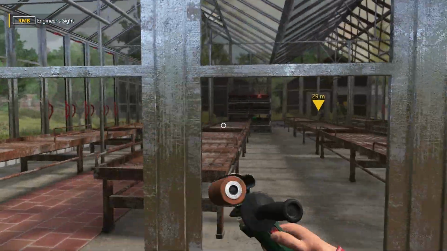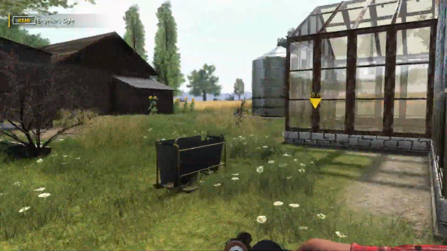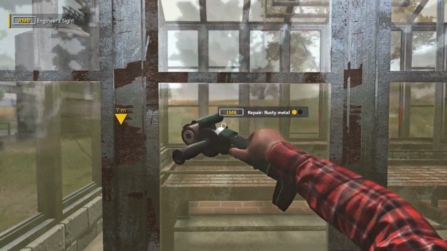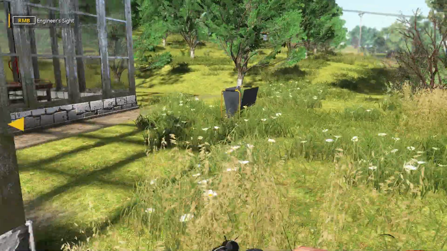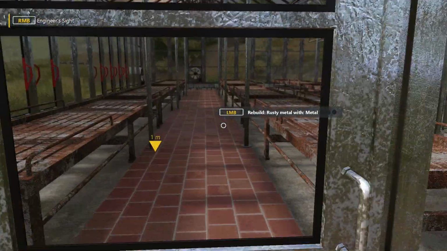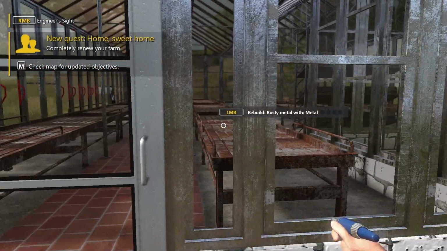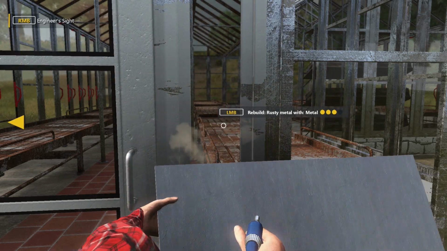Might as well fix the whole thing while we're here. Is there any more spots? Some spots on the roof, I think. And over here. Can we pick up these sheets? That's what we're supposed to be doing. I thought I'd fix the door. Oh. There we go. That was an F2. That's replacing...